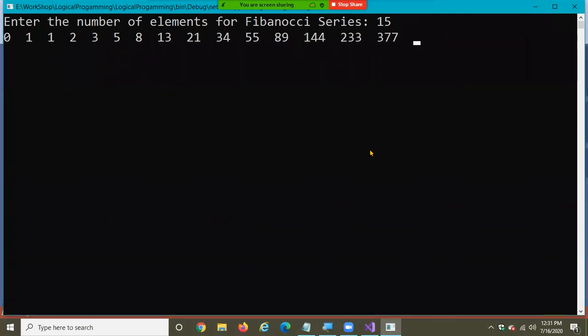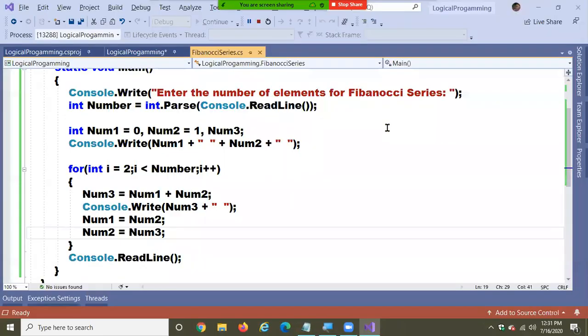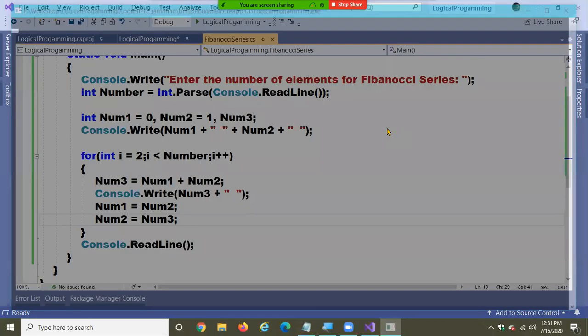Printed, see. Count. 1, 2, 3, 4, 5, 6, 7, 8, 9, 10, 11, 12, 13, 14, 15. I want 20. Whatever is your choice here.